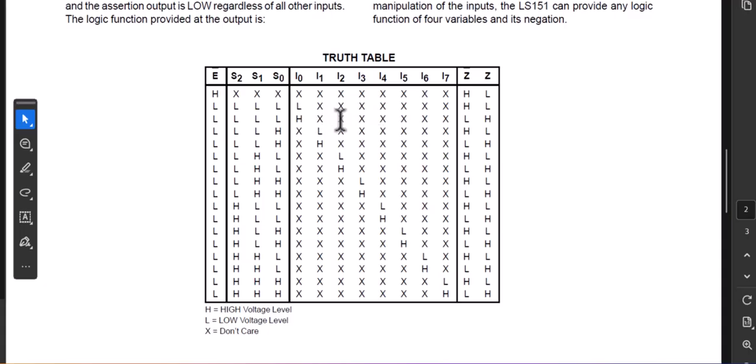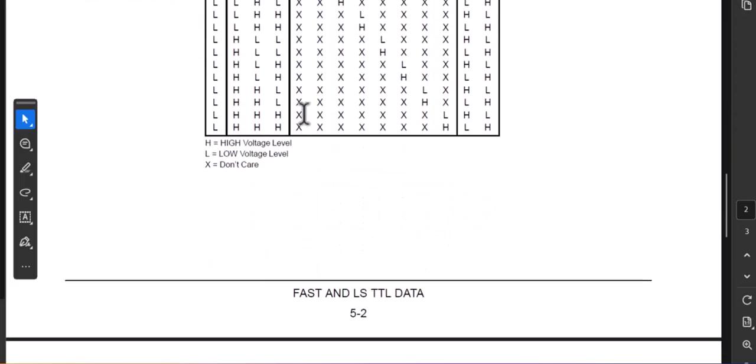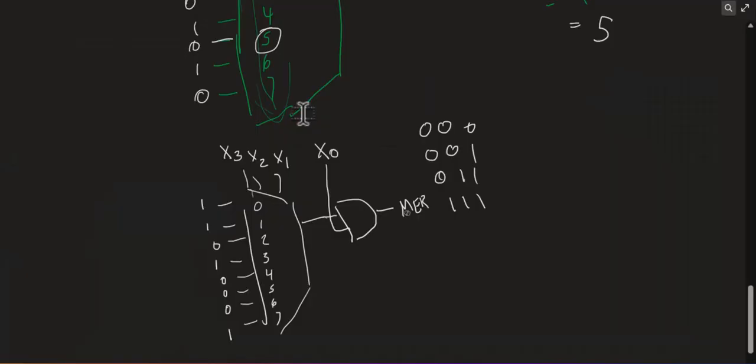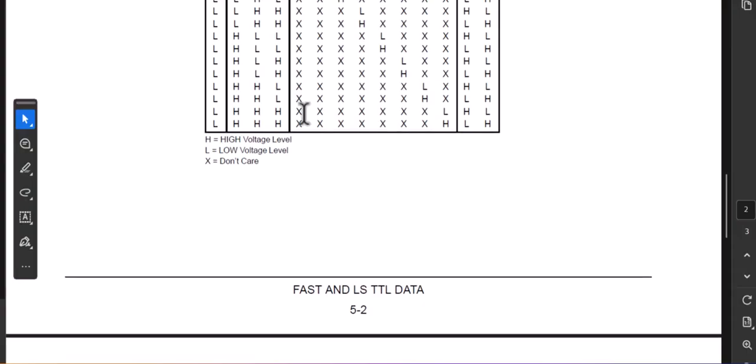And if the input is high, then the oh no, that's Z bar. Okay, good, never mind. All right, so it works the way we expect it to. So I0 is our input. These are what I have labeled as 0, 1, 2, 3, 4, 5. And if we would want 0, 0, 0, which was one that we had, right? So we would want 1 to be connected to it. So let's set it up and see how we would have it set up. So our chip is going to look like